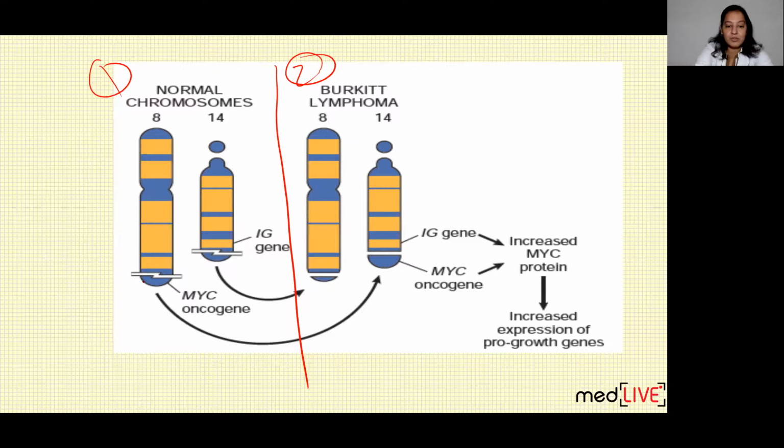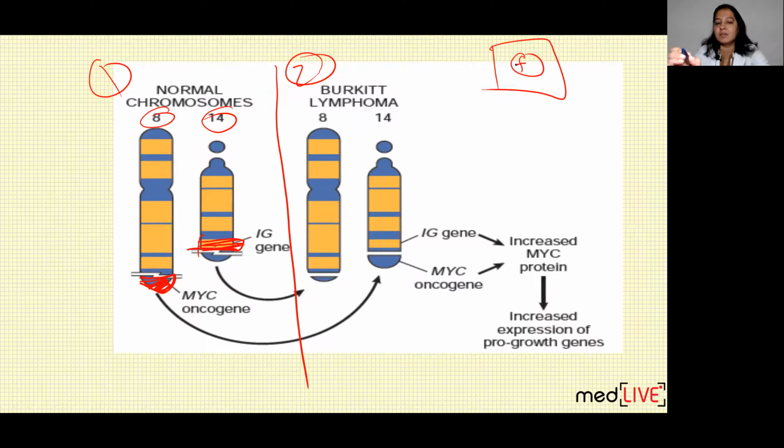In the first diagram, chromosome 8 contains a gene here which is known as MYC gene. And on chromosome 14, there is a yellow colored gene. You can see, this is Ig gene. Here the blue colored gene, I have marked it for you, this is MYC gene, and this is Ig gene. So MYC gene is present on chromosome 8 and Ig gene is present on chromosome 14. This is normally. So when they are present on their respective chromosomes inside the cell, this is the cell, this is the nucleus. On chromosome 8, MYC is present. On chromosome 14, Ig is present. So normal mitosis occurs. When growth factor comes, only then this cell will divide. In absence of growth factor, this cell won't divide.